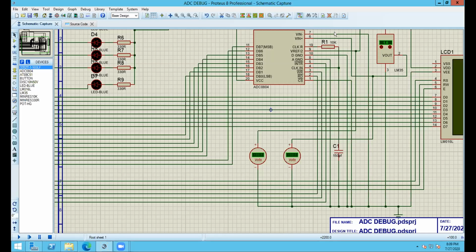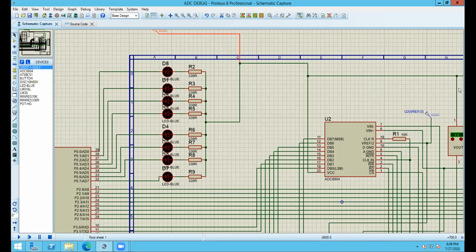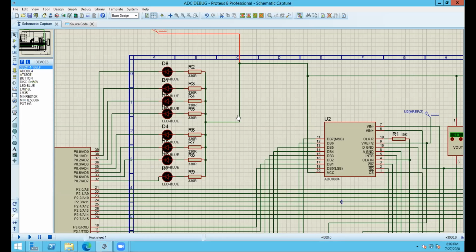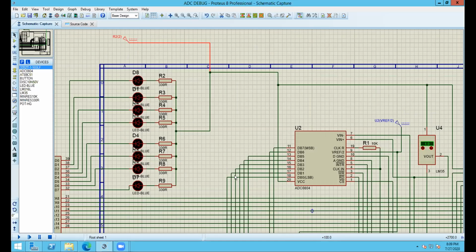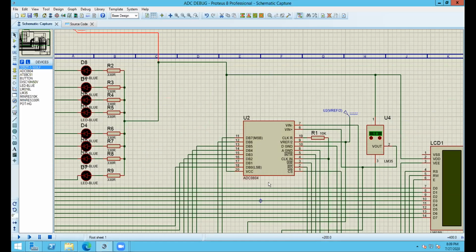Fine. And this is the power rail, as I have already talked to you. This is the 5-volt power rail, and I have biased the IC, the LEDs, the AD converter. Pin number 20 is the VCC for AD0804. That is also connected here, and also the LCD. The VDD pin of the LCD is connected here, and we are using the default contrast. If you do not connect the VSS to any power line, it will work on the default contrast.